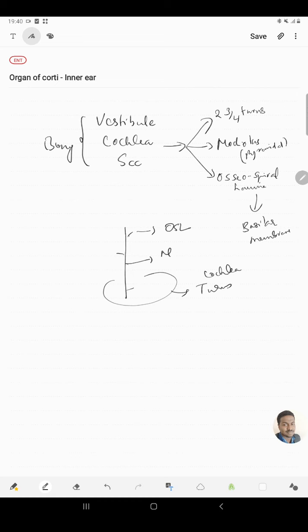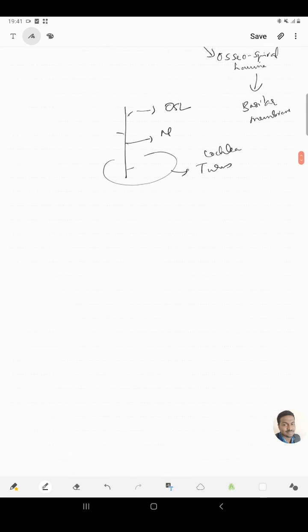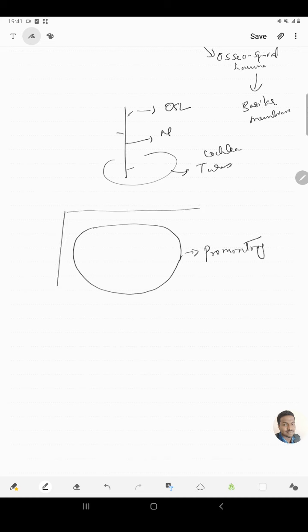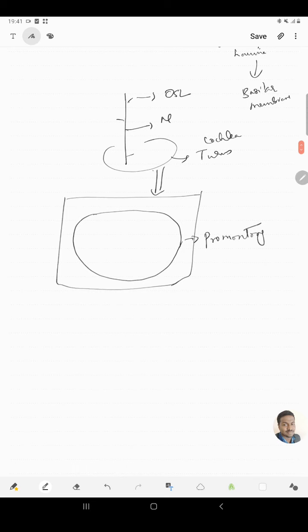So this basilar membrane is attaching to that. Because of this attachment, the turn of the cochlea is like a compartment, and this compartment is divided. We'll see that in detail later. Now let us consider this to be the basal turn of the cochlea, and it has a significance: it forms the promontory. We know this promontory is present in the medial wall of the middle ear. Yes, this promontory is just the basal turn of the cochlea, the bony prominence on the medial wall of the middle ear.